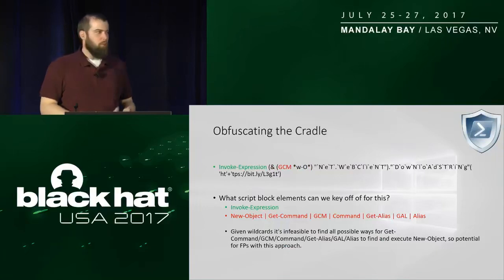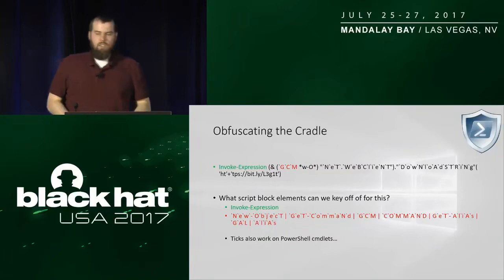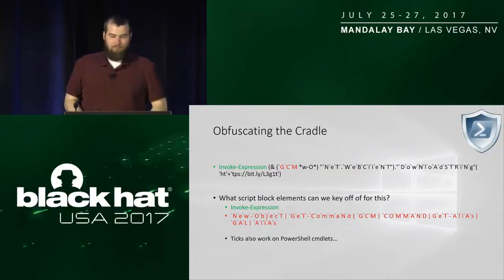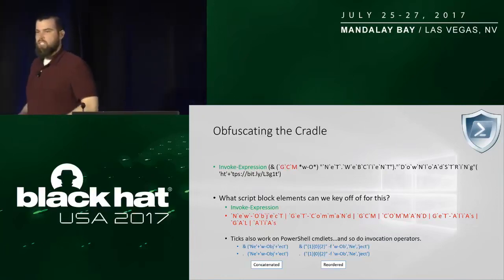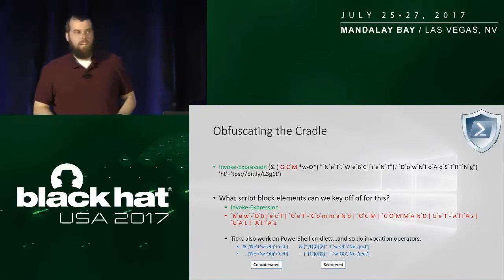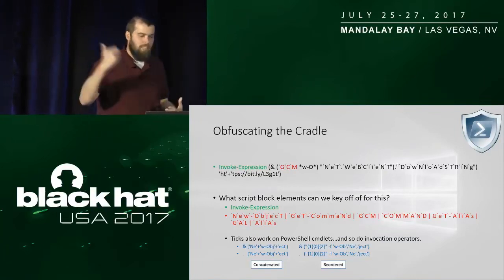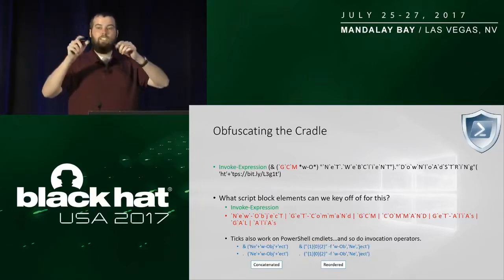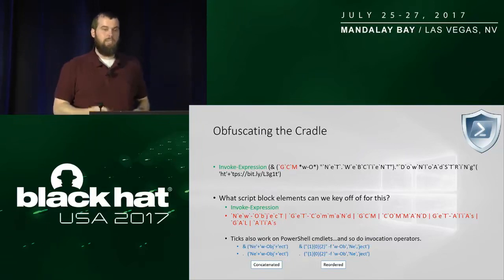Maybe we want to try to look for a new object and git command and git alias and all these sorts of things, right? Well, they're commandlets, so we can put tick marks in front of them. We can also come back to our good friends, the dot and ampersand invocation operators. And again, we can then treat new object as a string and concatenate it, or in this second example, we can actually use the -f format operator and substring and then reorder that, which is really, really powerful